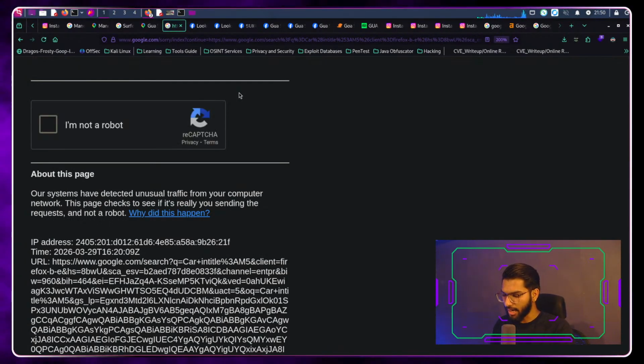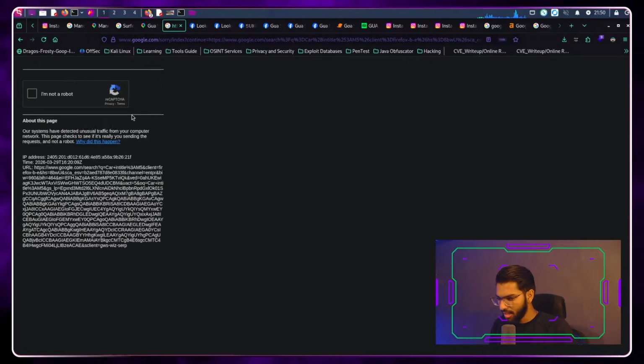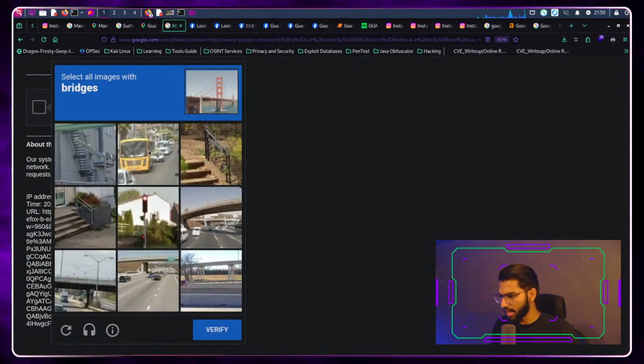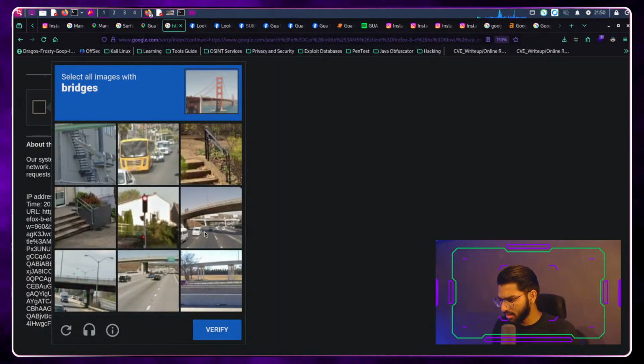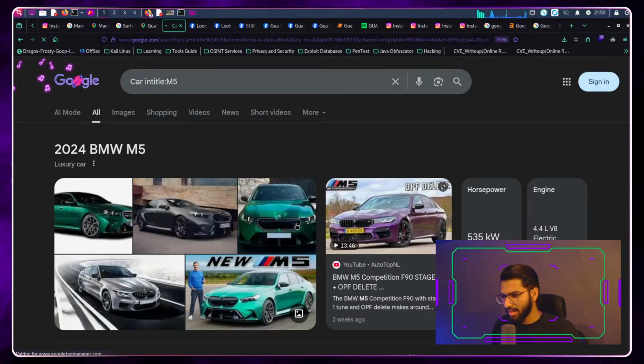Again, if you're trying to do this, Google wants to make sure you're not doing something fishy. It's basically to verify that it's you as a human who is trying to do it, because these search queries are generally used by bots. Let's click on bridges. If I fail this captcha on a live stream, no, I did not.